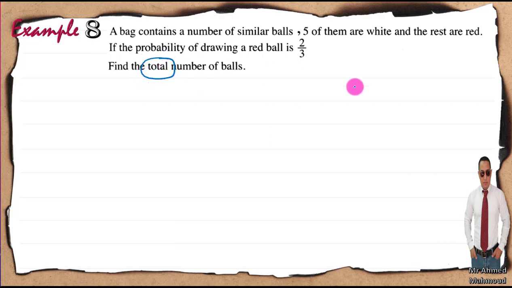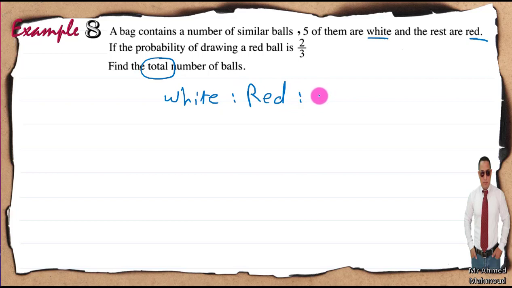I can use the magic triangle, but I think it's better in this example to use the ratio, and you are allowed to use the ratio. I'm going to write white to red